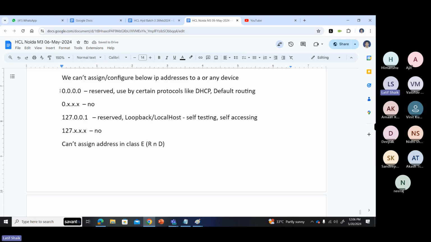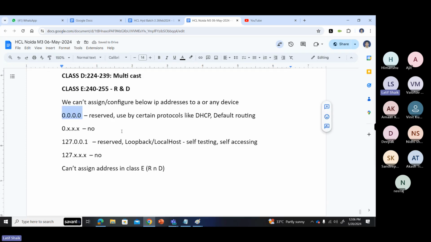Okay, what is it? 0.0.0.0 is a reserved IP address used by certain protocols like DHCP or default routing. Sometimes this IP address represents no IP address. So 0.0.0.0 represents any IP address, no IP address, or no condition, or a fixed condition. In certain different protocols we use this representation, including DHCP clients, which use 0.0.0.0 for finding